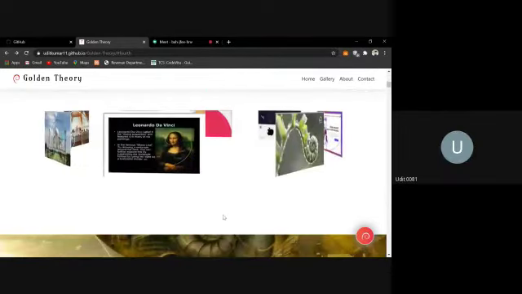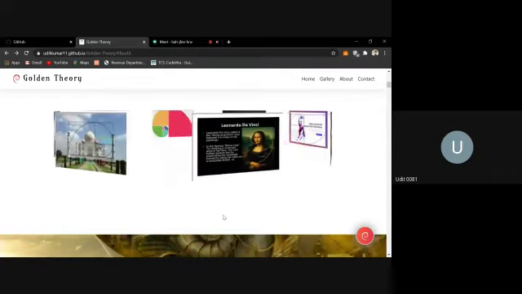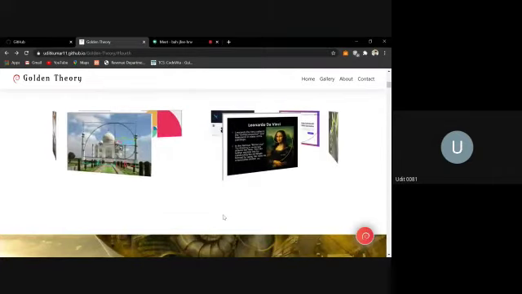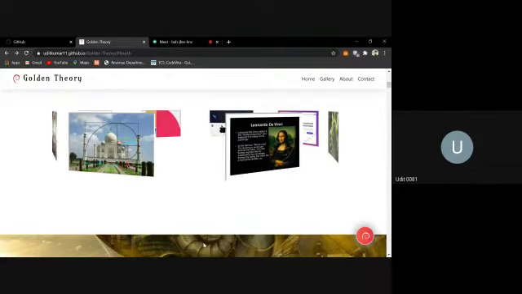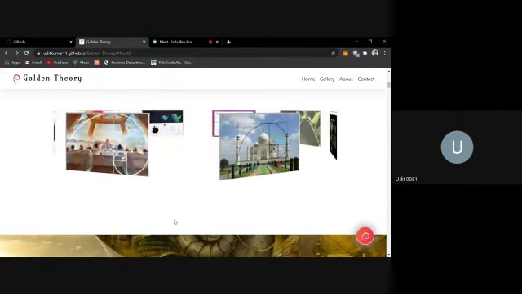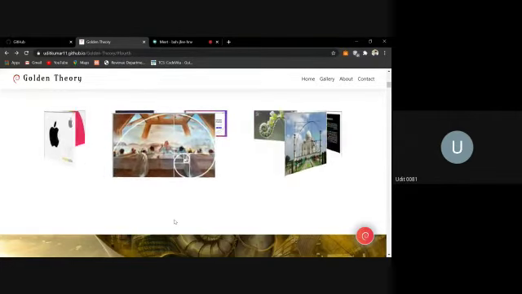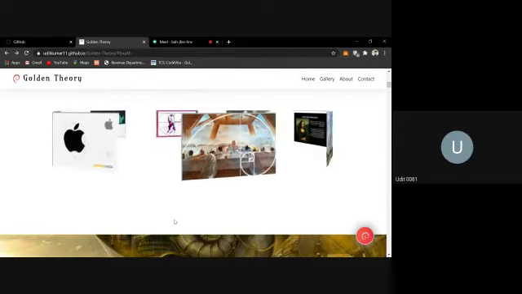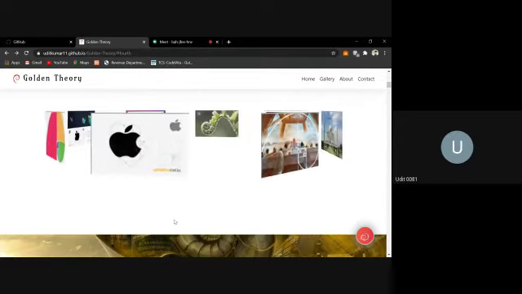Now comes this image. We have added animation to it using data AOS. I made this whole thing using simple CSS and a bit of HTML. I made some frames, firstly a div, then added a series of images and positioned them using CSS.